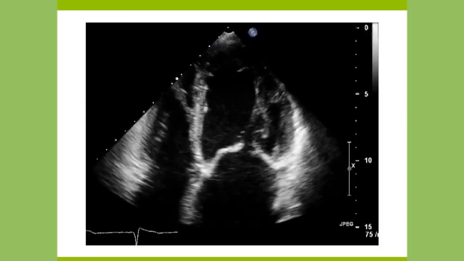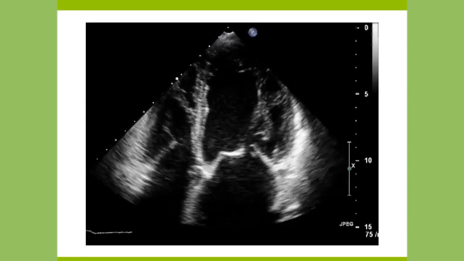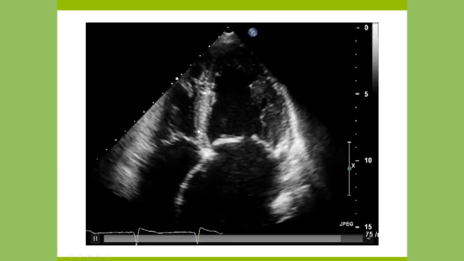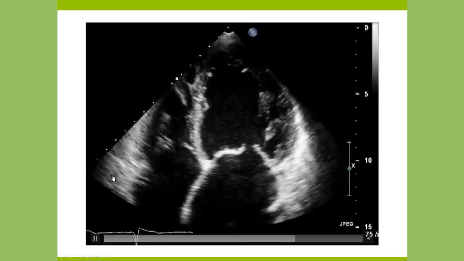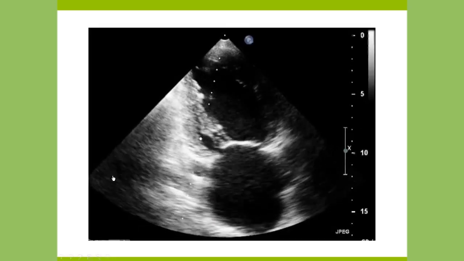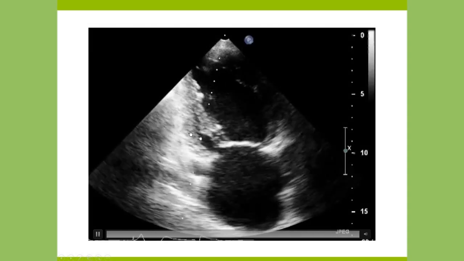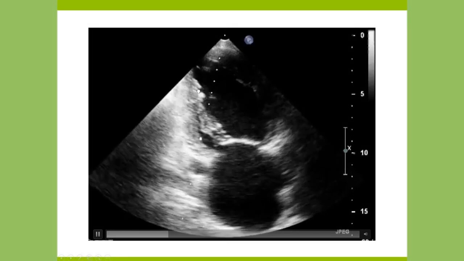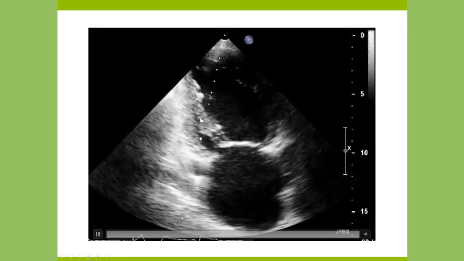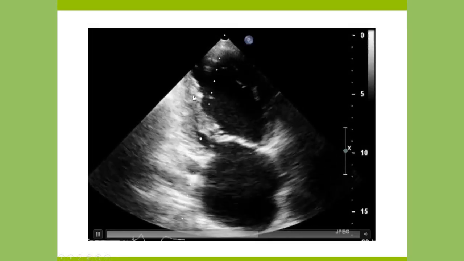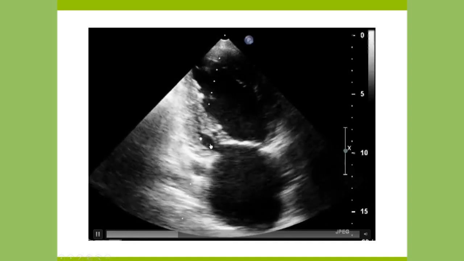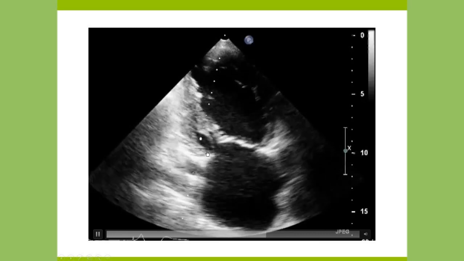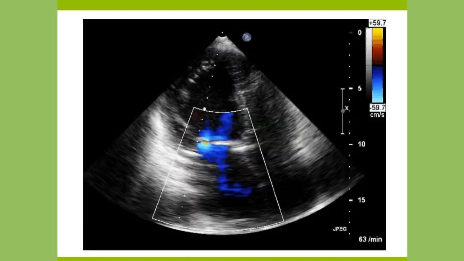Here's just another example I want to show you of somebody who has secondary MR, but their ventricle looks pretty normal. You can see that the ventricular function is not that bad. It's not that dilated. Here is another view. And here you can see that there's an infrabasal or an infra-mid-segment wall motion abnormality with this papillary muscle being tethered. And you see the tethering here, and the posterior leaflet can't close all the way. So this person has secondary MR with a preserved EF.